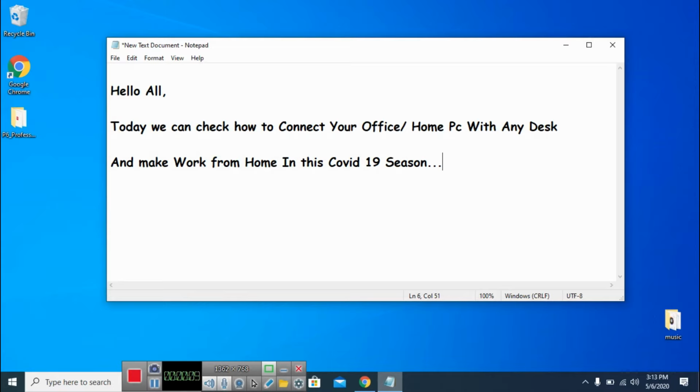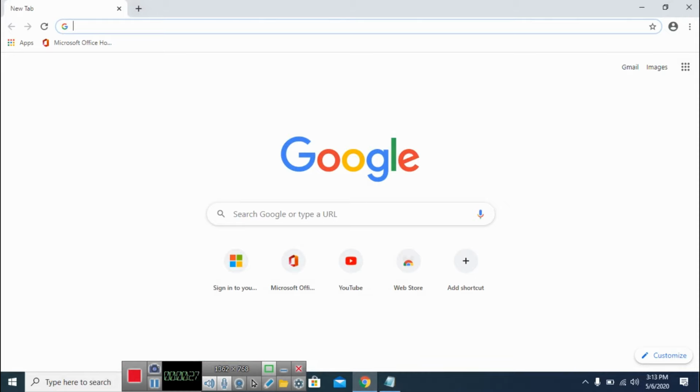Today we can check how to connect your PC, your home PC or office PC, with AnyDesk, and we can make work from home in this COVID-19 season. Okay, let's go to Google Chrome. It's a small application, around 3 MB size.